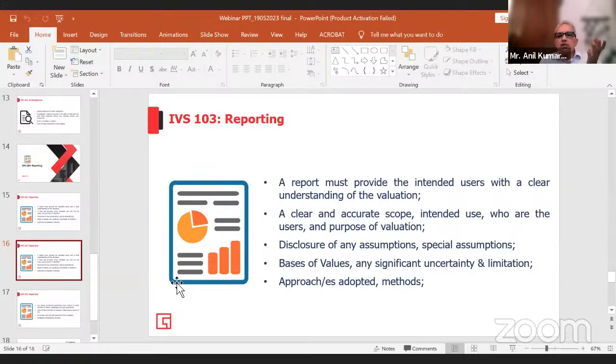There should be a clear disclosure of the assumptions, the special assumptions, and the purpose of the valuation should be put back there, the basis of value, and clearly the basis of value should be defined there, should be clearly understood by the user. And of course, there is any uncertainty in the value, which is